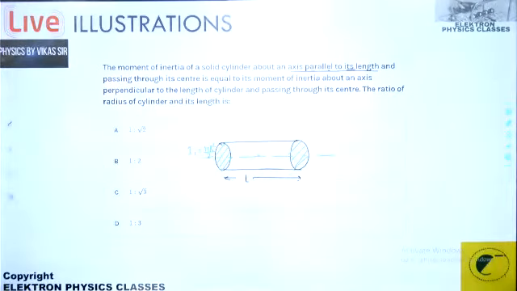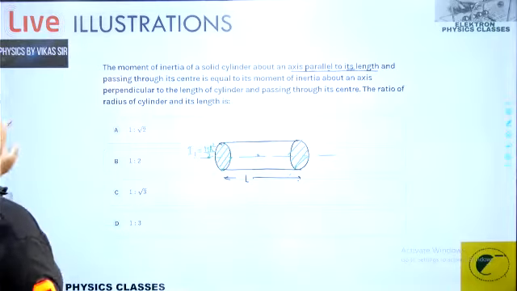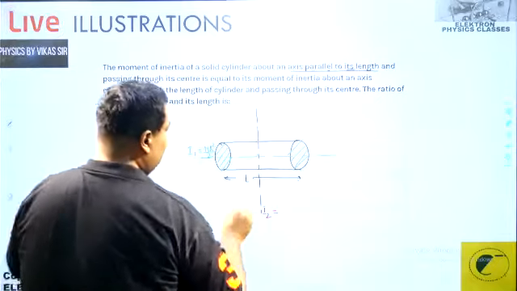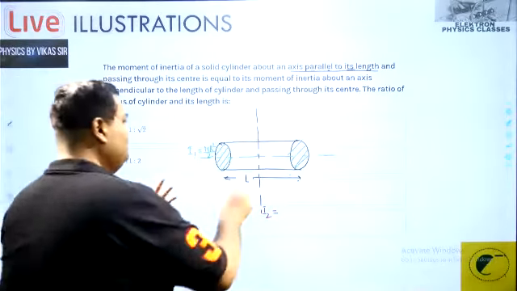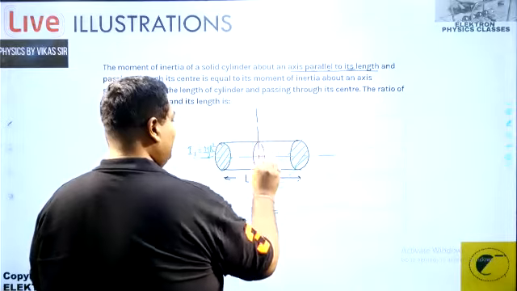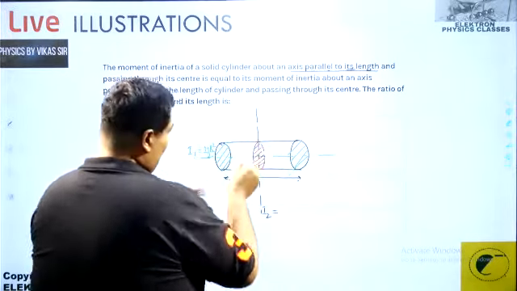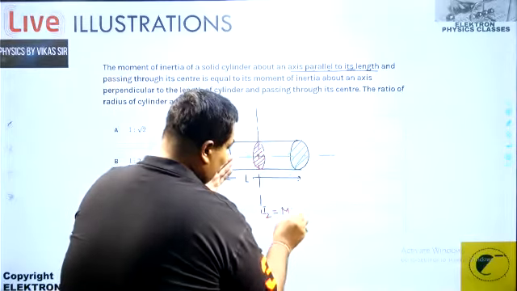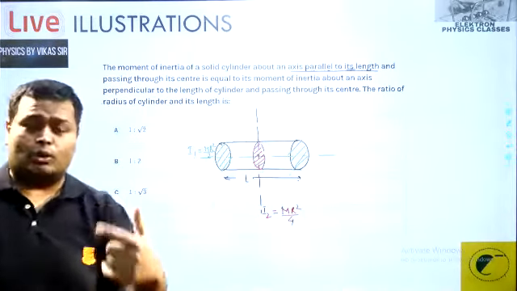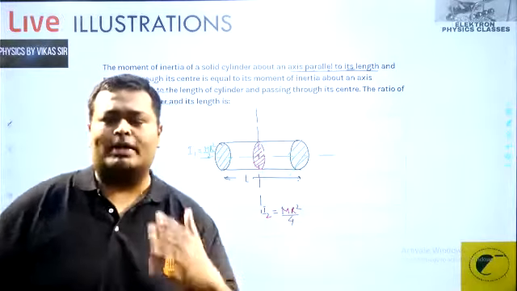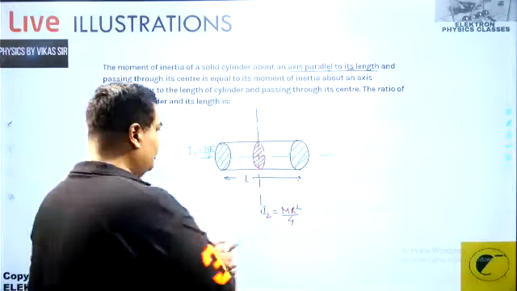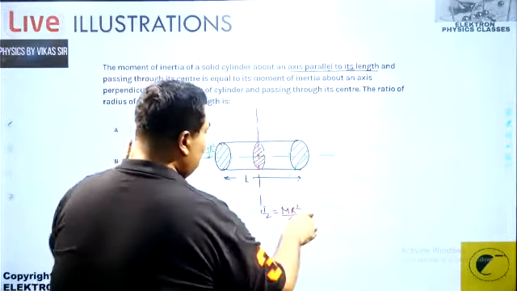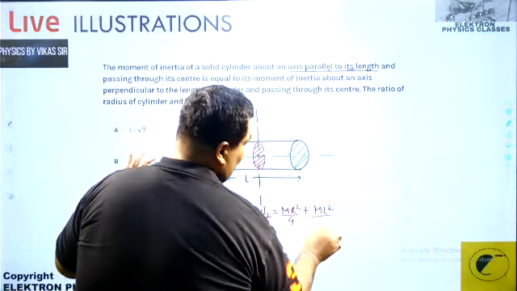Then it says about an axis perpendicular to the length and passing through the center. So the second axis is this one. That's I2. And I2 is how much? We do remember that we did it in this particular manner. We assumed a disk over here like this. It's a disk, and we said we will crush it like this, and this will be the diameter of that disk, and therefore you will get mr square by 4. Diameter is centroidal by 2. For the disk, centroidal is mr square by 2. Half of that, mr square by 4. And also, if you crush it like this, it becomes a thin rod, and there's an axis perpendicular to it from the center, so ml square by 12. So that's the moment of inertia.